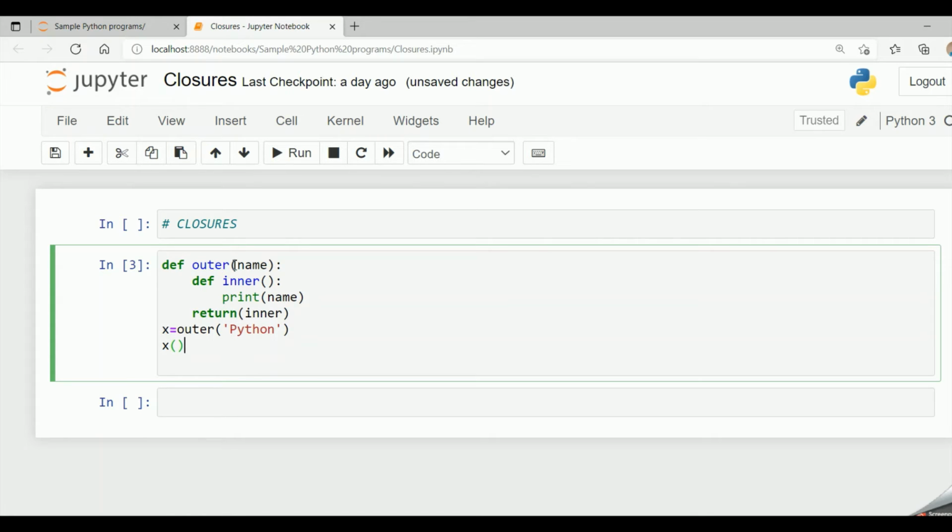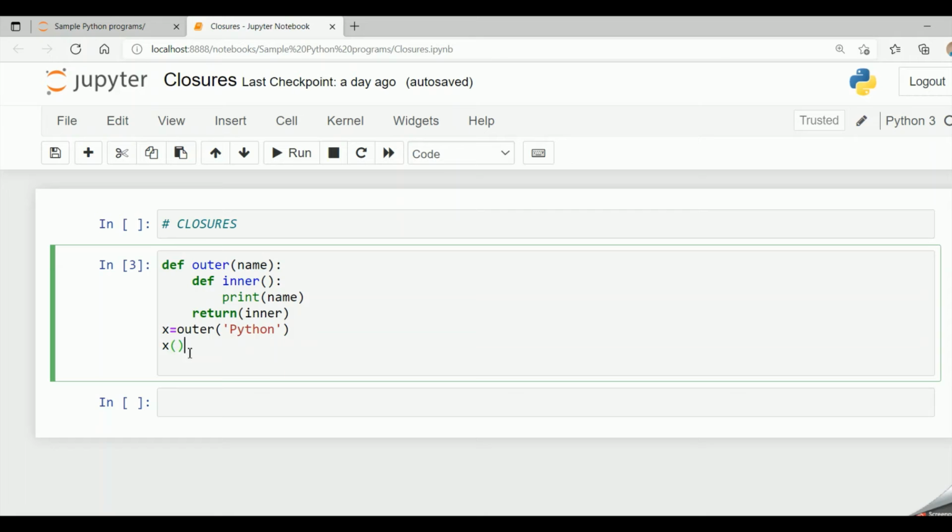Here outer is the outer function, inner is the inner function, and the inner function tries to print the enclosing function's variable. The outer function returns inner, and then I say x equal to outer of Python. So it calls the outer function and name will have the value equal to Python, and it will return the inner function. So x will have the reference to the inner function.